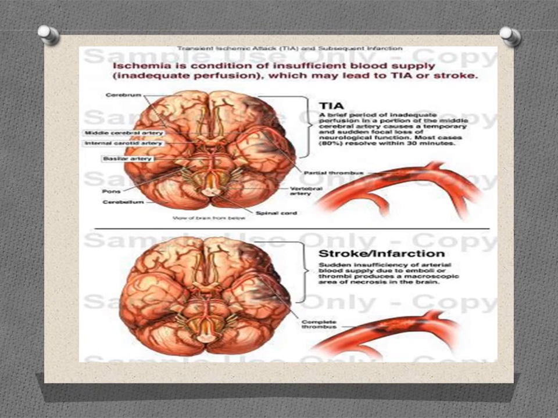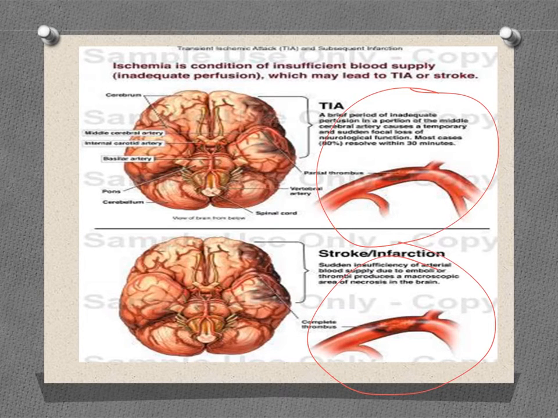This picture is just a visual way to show the difference in what the blockage within a cerebral artery could possibly look like in a TIA as opposed to a stroke. As you can see in this picture here, there is partial occlusion of the cerebral artery, and here with a stroke or infarction, there's more of a complete thrombus occlusion within the cerebral artery. And that is an ischemic stroke